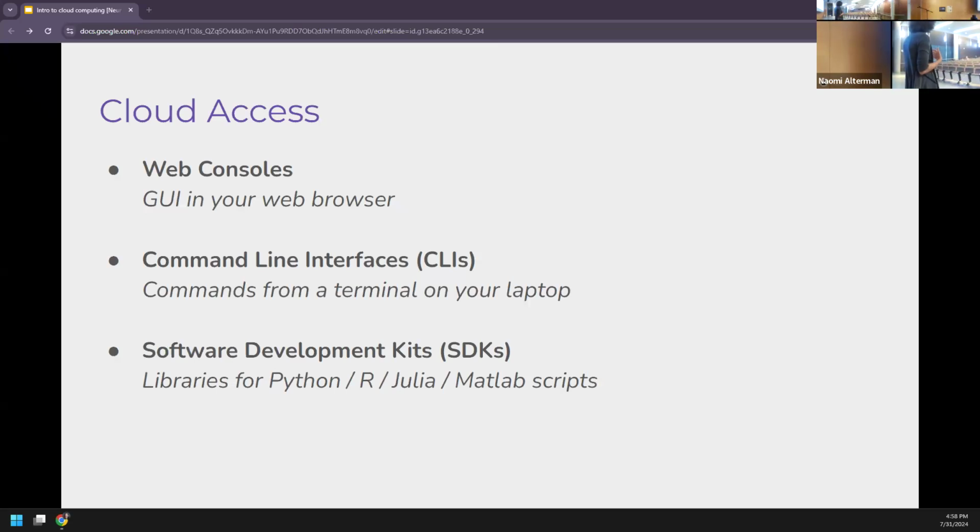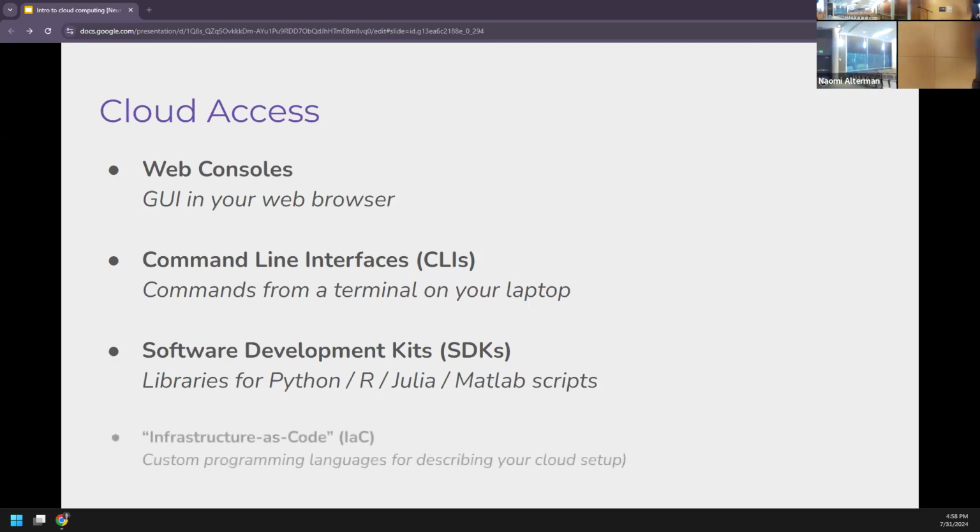If you see things like the SkyPilot project coming out of UC Berkeley, that's an example of a tool that uses Python SDKs to manage your cloud infrastructure for you. Then there's also this thing called infrastructure as code, which are really custom programming languages for describing how your cloud looks. And we can talk more about that if you want, but ultimately, I think we're getting close to the